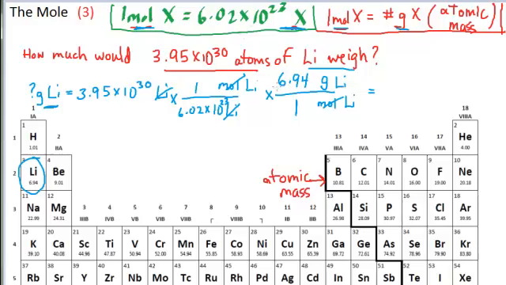I'll plug in 3.95 exp30 divided by, because this is in the denominator, 6.02 exp23rd, times, because this is in the numerator, 6.94, equals. I have 3 sig figs here, 3 sig figs here, 3 sig figs here, so I will round my answer to 3 sig figs. It may or may not be expressed in scientific notation on my calculator. Mine's showing it without scientific notation, but I'm still going to round to 3 sig figs, so I'll end up with